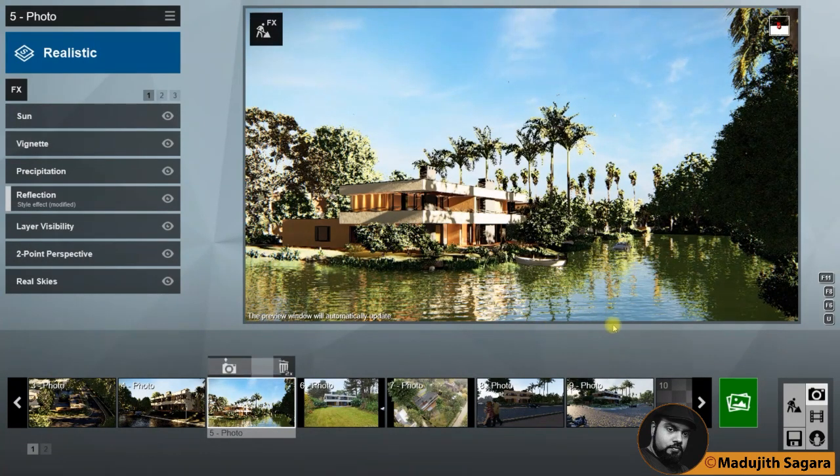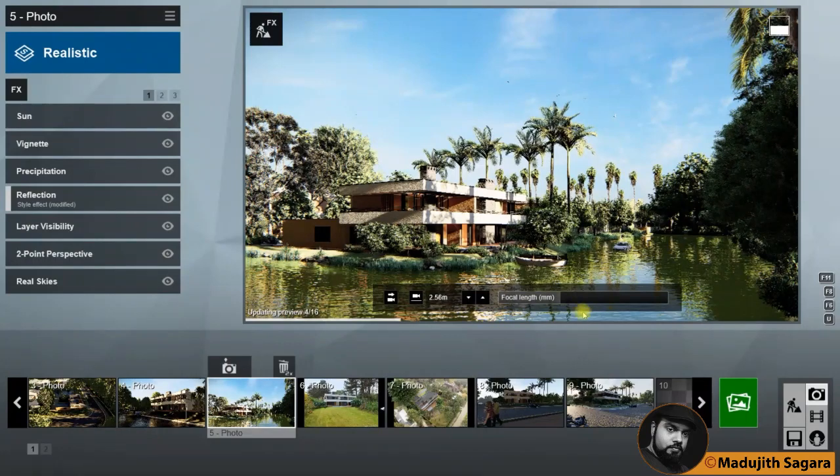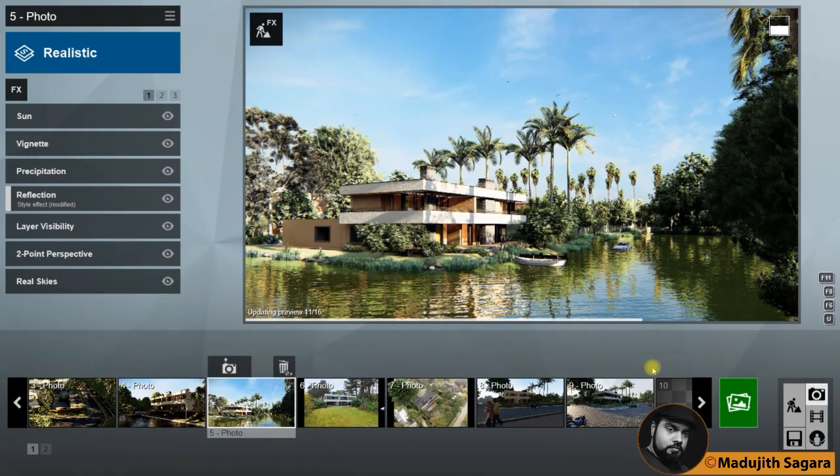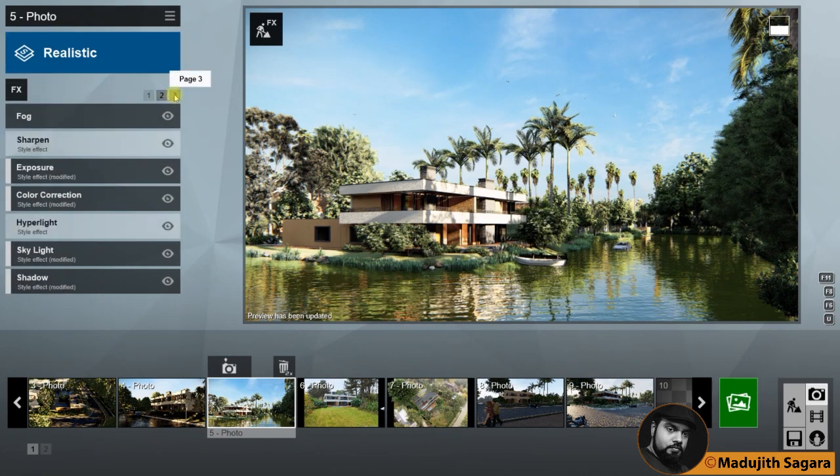I will allow it to be rendered. So you can see the preview is loading. This is some lake effect. Okay, and also a number of effects are available. Here you can see those effects.